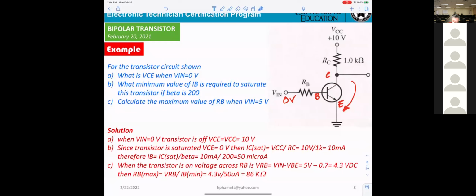So the current IB is 0, IC 0, IE 0. No current. And how come V from C to E equals 10?